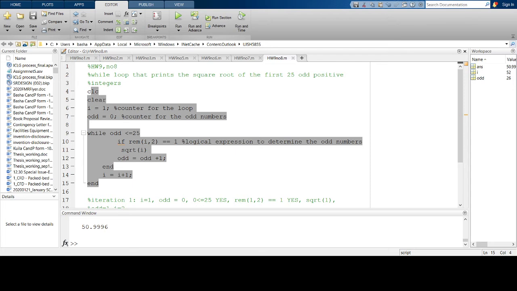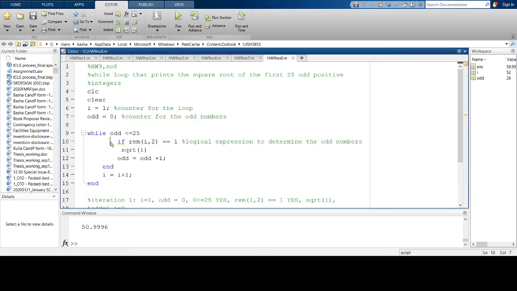Alternatively, you could do something else. So what you could do is, instead of checking every time if a number is odd or even, you could just increment i by 2 every time, right? So if i is 1, 3, you can just go over 1, 3, 5, 7 by yourself without actually checking this. So in order to do this, I'm going to say